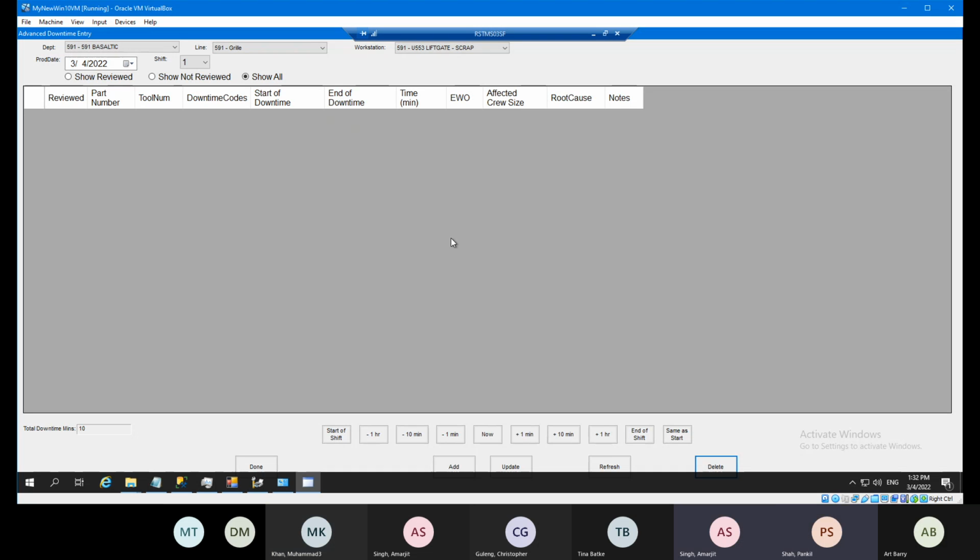We can do one thing: there are two or three team leaders surrounded by all the 591. He can log in from any of these computers anytime. Oh, sorry, guys. Mohammed, are you specifically asking about the lift gate? Yeah, it's not just the lift kit, it's for every program,